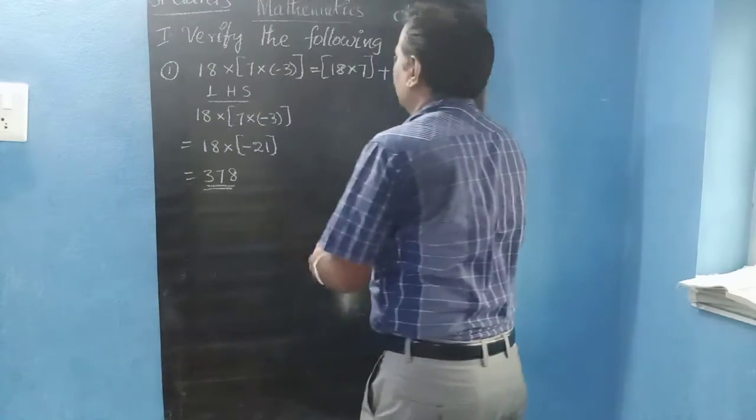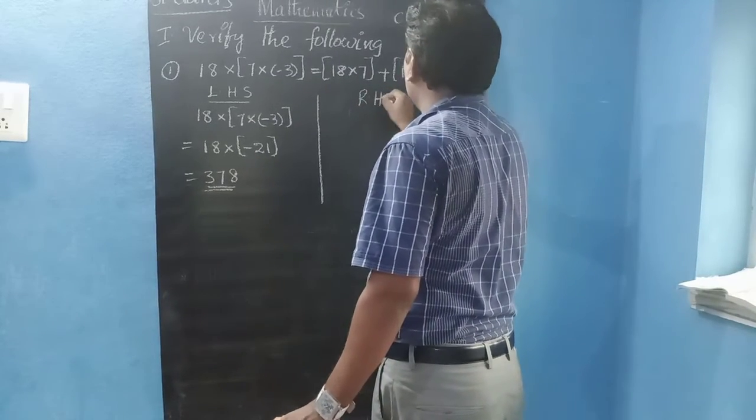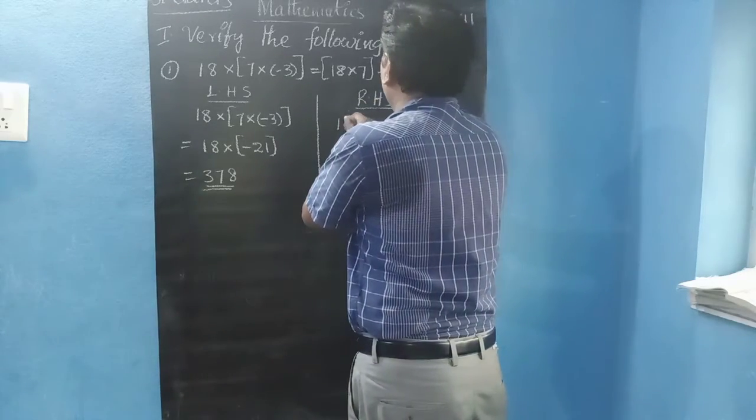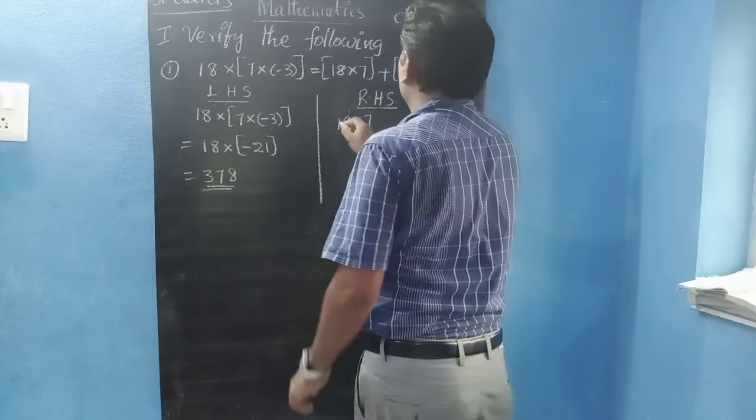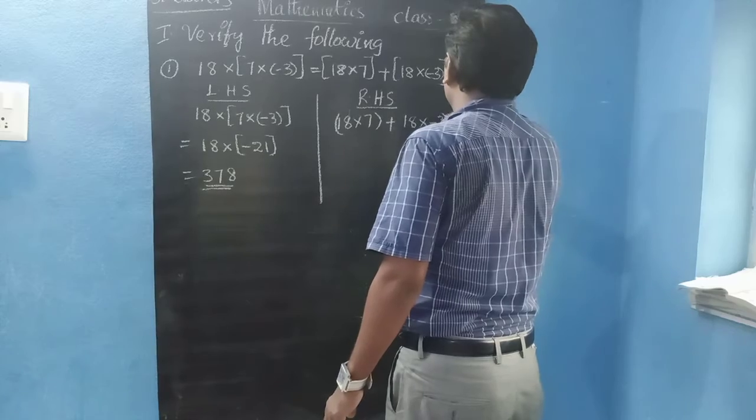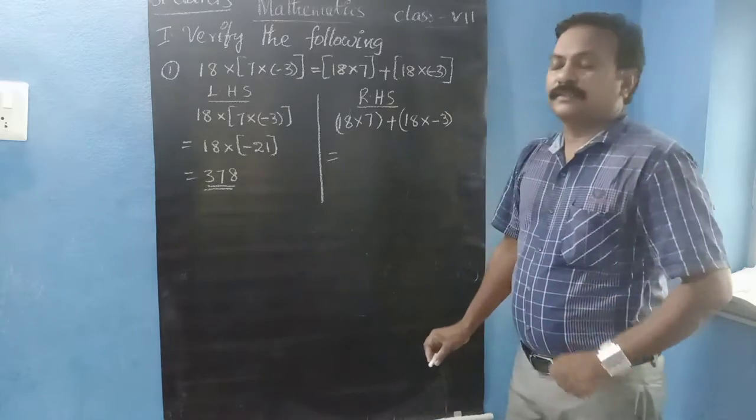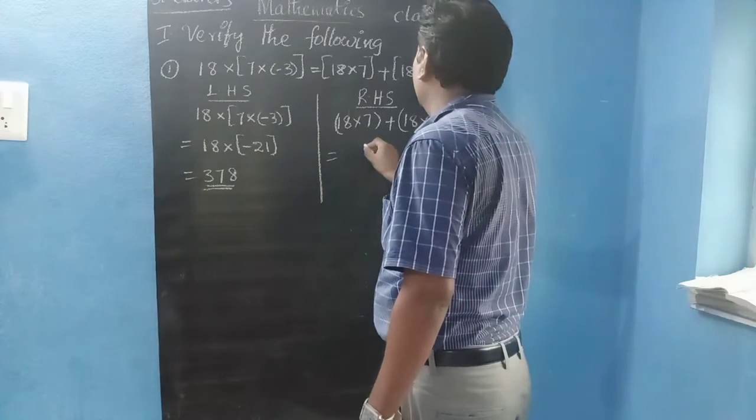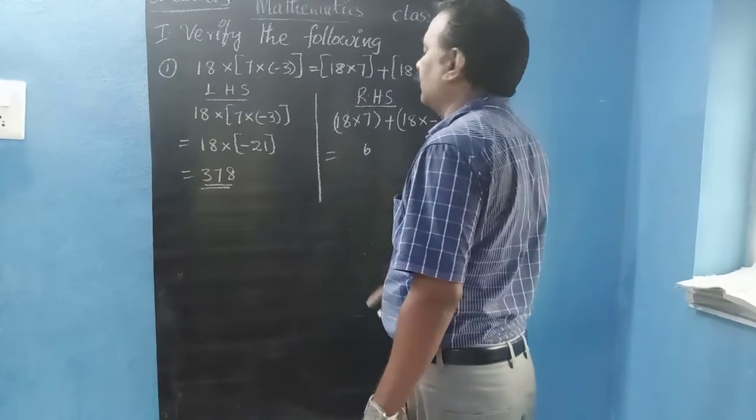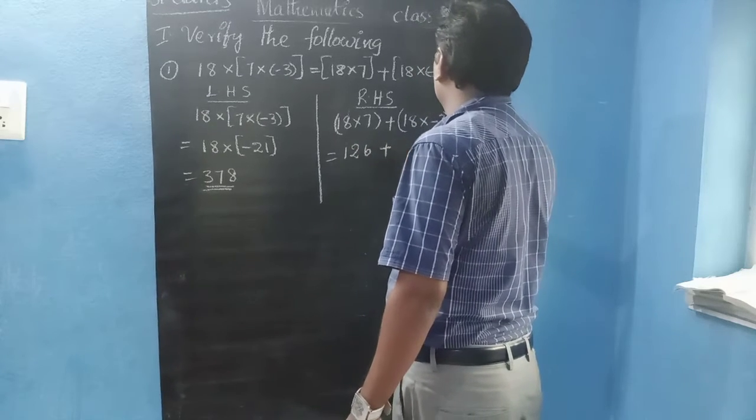Now look at the RHS. What is the RHS? 18 into 7 plus 18 into minus 3. Now 18 sevens: 7 8's are 56, 7 1's are 7, 7 plus 5, 12, 126. Plus